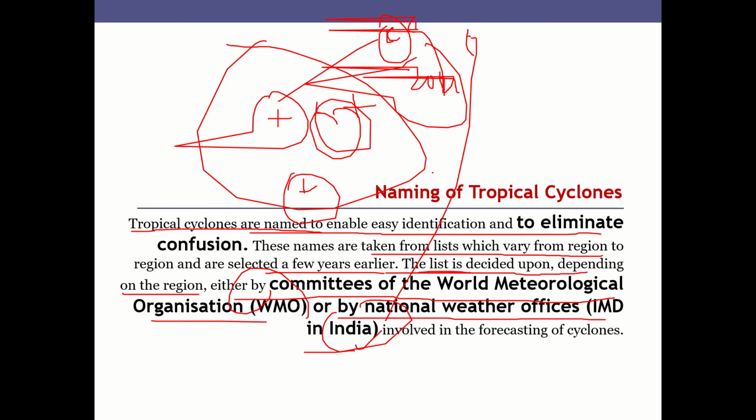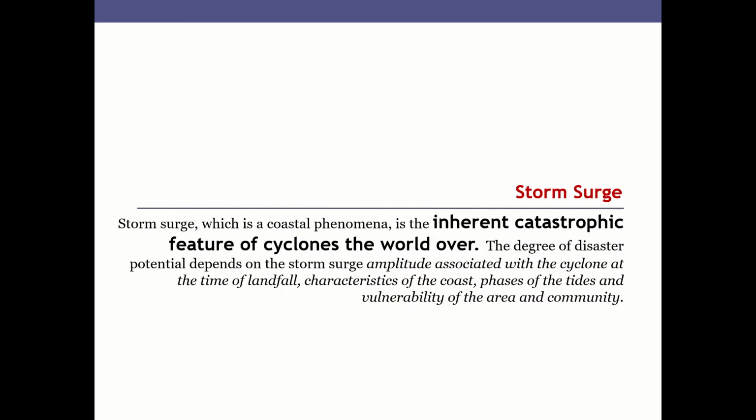That's why, for example, you must have seen names like Fani and other cyclone names that we have observed. How do we name it? Who names it? There is a special agreement on how to identify who will notify and who will name it. This is one thing that we can observe.